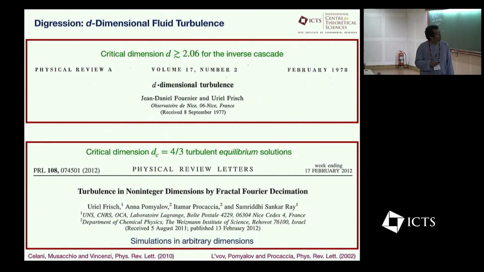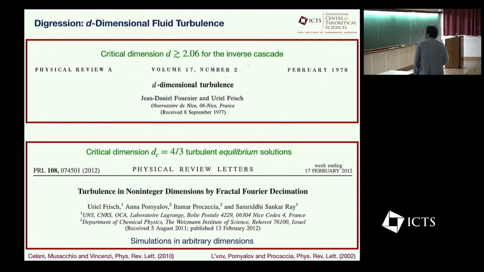And much later with Itamar and others, we were able to show that there is another critical dimension, dimension 4/3, where you essentially end up getting turbulent but equilibrium solutions. And the nice thing was that this gave us a way to actually do simulations of hydrodynamics in arbitrary dimensions, starting with some nice integer dimensions. All right,